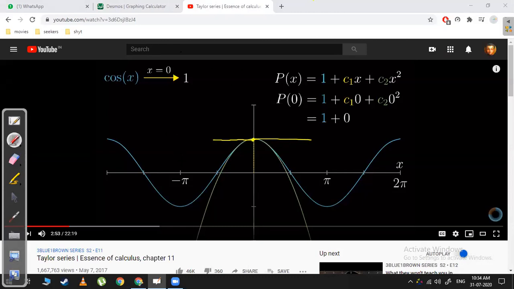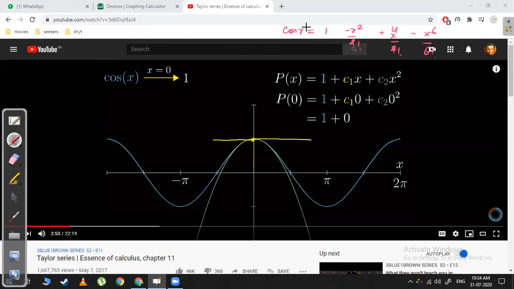And see, the Taylor series for cos x, if you remember, I will just change the pen. So the Taylor series, or cos x expansion: cos of x will be equal to, cos of 0 is 1, so 1 minus, then you have x to the power 0, then x square, then x to the power 4, then x to the power 6. So plus minus by 2 factorial, by 4 factorial, by 6 factorial, and so on, right?